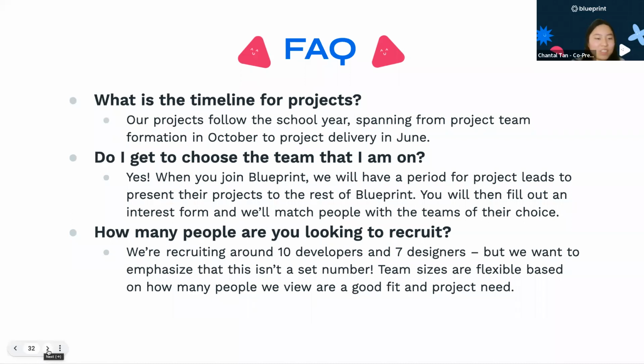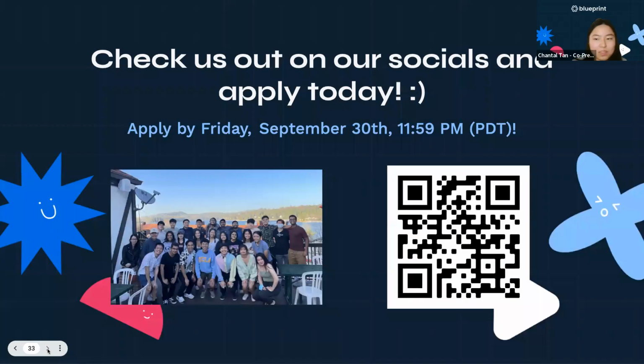Okay, let's move on then. Okay, so now that you've gotten a better idea of what we have done, who we are, and the really exciting projects that we have for this year, we hope that you're just as excited to join us. So you can use this QR code to find all our links, including the application link, and the interest form, where we will be sending recruitment email updates in case any deadlines change. It won't be used for spam.